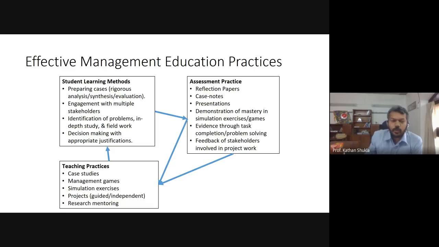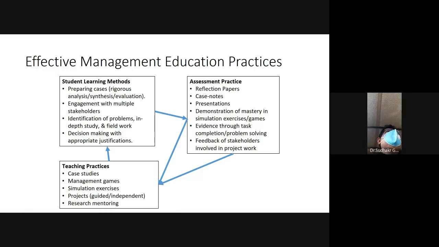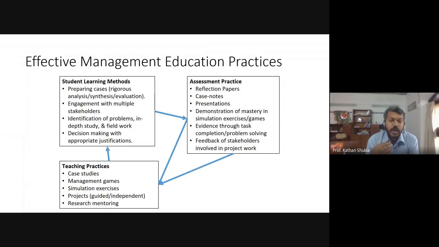Okay, so when our students are studying, they are practicing, they are preparing a lot of case notes. Cases are basically, you are now this decision maker, you are now this CEO, you are now this institution head, you are now this consultant, and you have to take decisions. So you have to prepare a lot of case notes. And then you have to engage with a lot of multiple stakeholders because